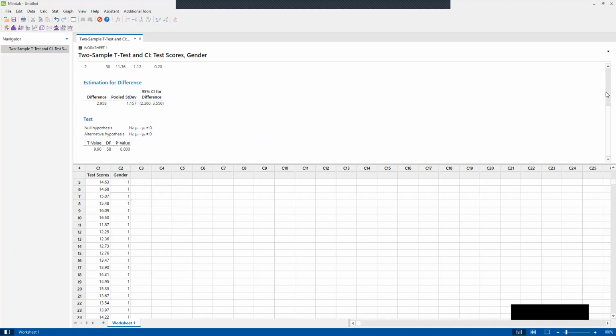So this is a typical example of how to run an independent t-test. The first thing you need to do is to determine what your objectives are. Are you comparing between two groups? Are you comparing between more than a